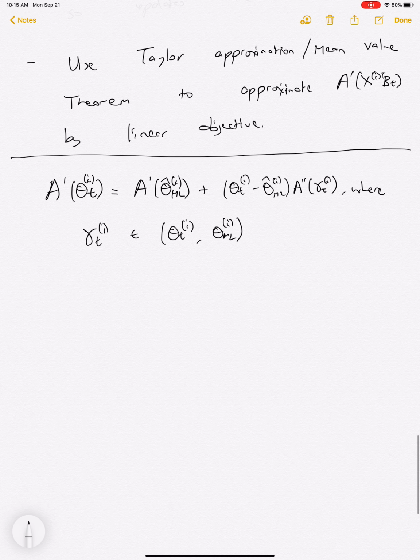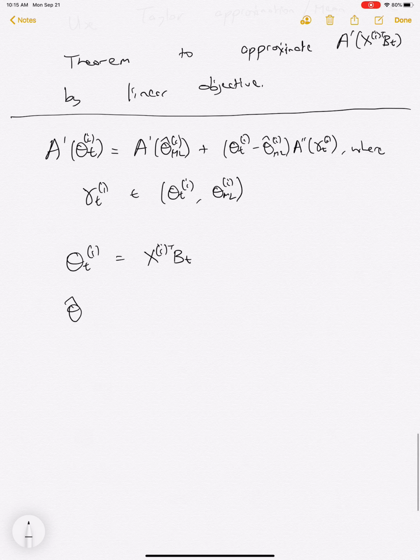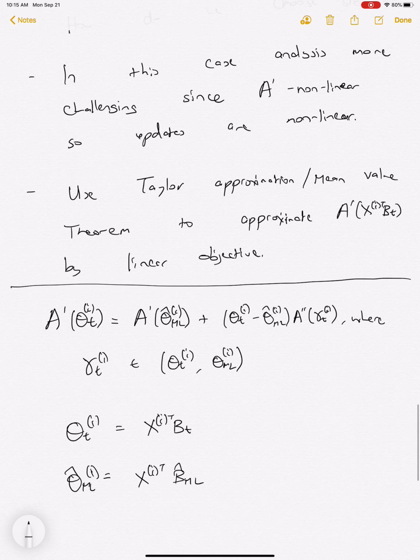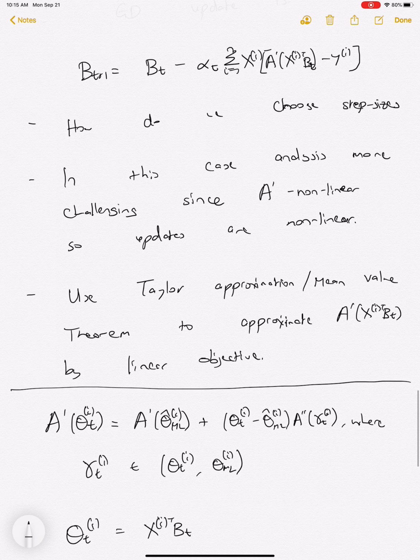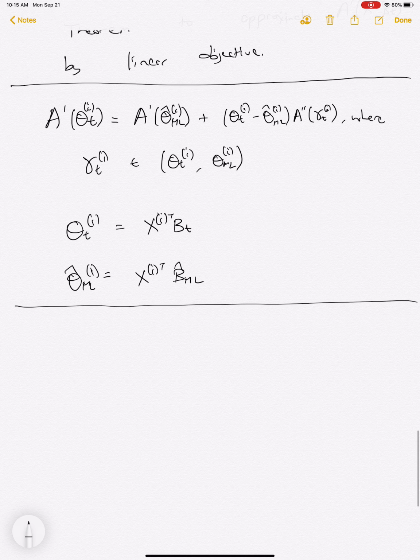Okay, so what does this notation mean here? So theta t of i here is just going to be x i transpose b t, and your theta hat ml of i is just going to be x i transpose b hat ml. And we'll see why choosing the point that you expand around to be b hat ml is going to be really crucial here. Okay, so what that means is that if we use this approximation and plug in, so recall that we have that b t plus 1 equals